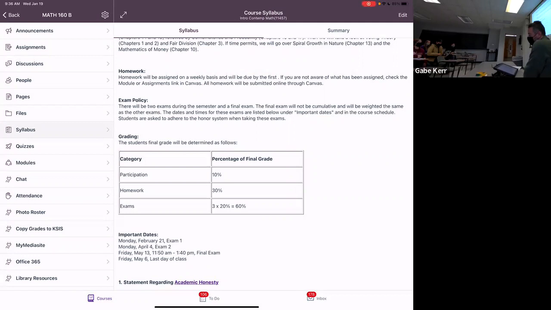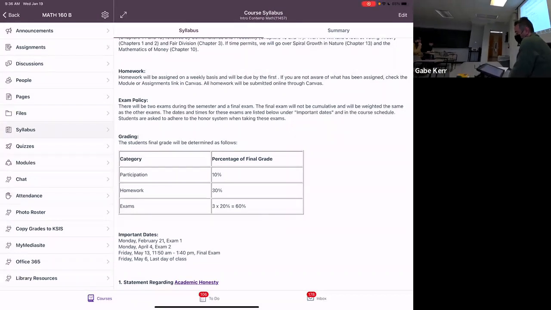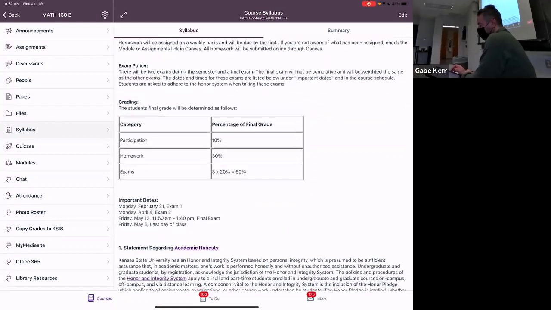Participation is basically an automatic 10 points for everybody, as long as you show up. Just show up. Try to participate. If you have a question, ask it. We're all friends here, I think. And even if we're not, it's okay. Ask a question. I'm not going to take attendance, but I'll notice if I haven't seen a student for the whole time. It's not that hard. It's a small class, so that will affect your participation if you don't show up.